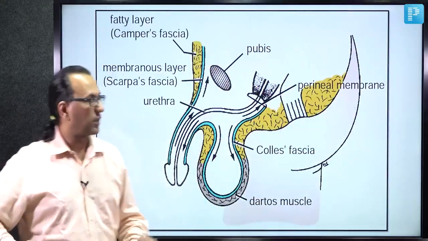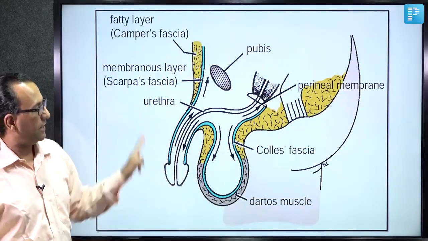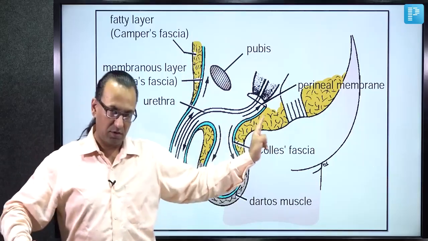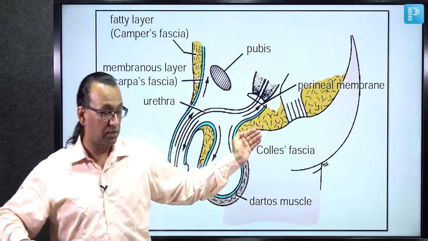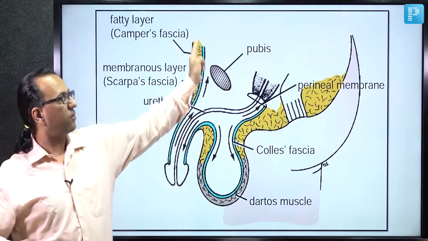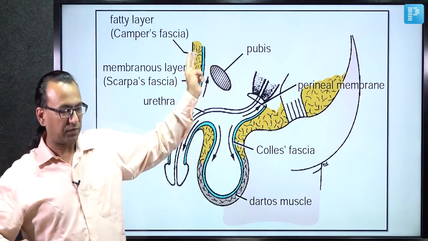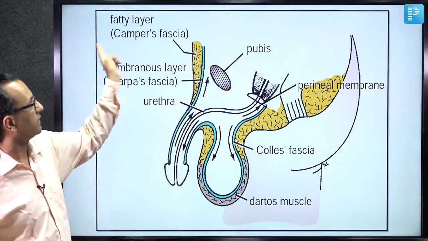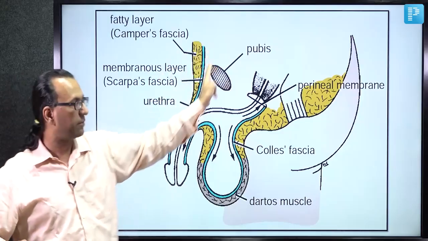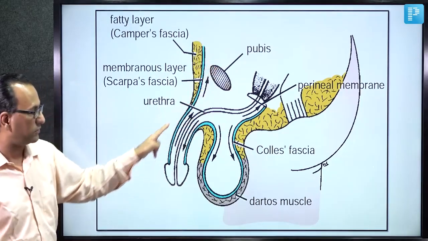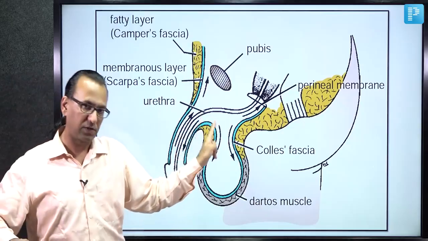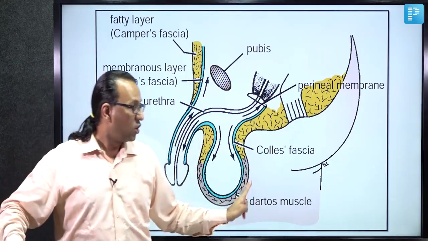Now we want to talk about some of the fascial layers in the male, and along with that we can discuss the extravasation of the urine as well. When we are looking at the anterior abdominal wall, we'll find that there are two layers of the fascia. The superficial fatty layer is the Camper's fascia. Deep to that is the membranous fascia of Scarpa. And Scarpa's fascia becomes continuous with the penile fascia, becomes continuous with the scrotal fascia, becomes continuous with the